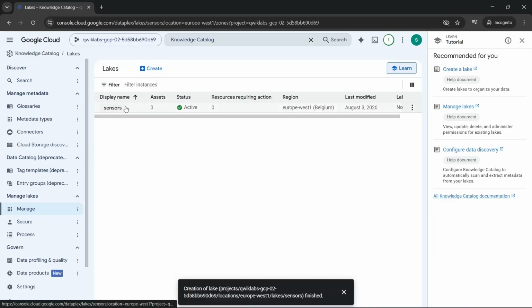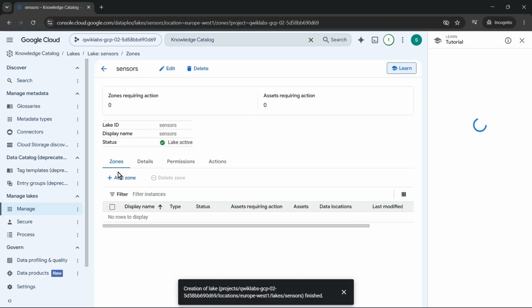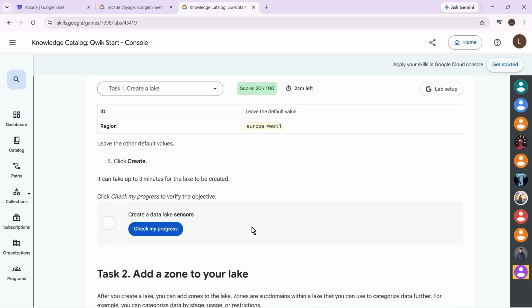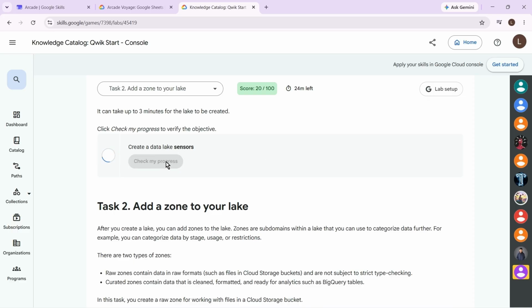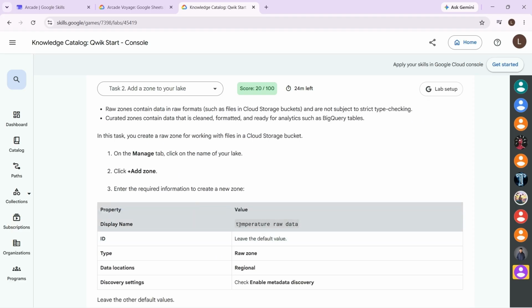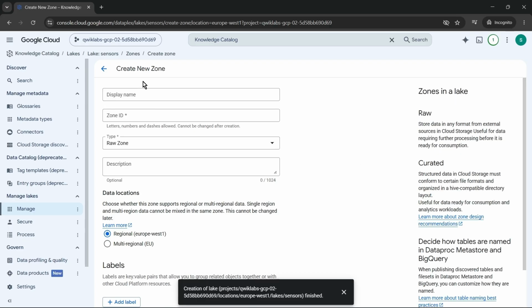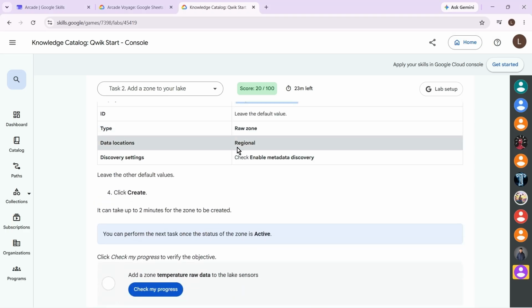Okay, now click on this lake. You will see add a zone. Click on add a zone, and now first click on check my progress for the task 1. Go to the task 2. Copy this display name. Paste here. Now you will see the type will be the raw zone as mentioned here, regional, and enable the